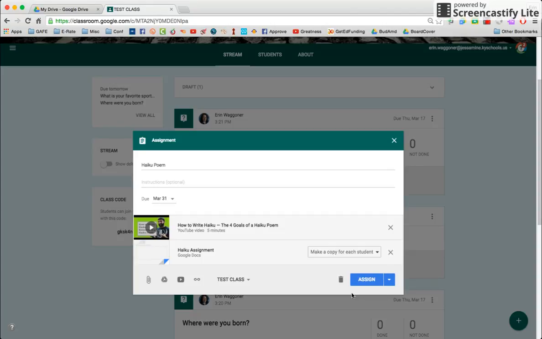And the last one is make a copy for each student. The reason I like that is because it's going to take this assignment, haiku assignment, and name it haiku assignment dash the student's first name and last name. And then there's a way that you can watch your students work while they're doing that. Whether you're in the front of the classroom and your students are working, or if you're snowed in at your house on an NTI day and your students are working, you can watch and see what's going on in there. So if I click assign,